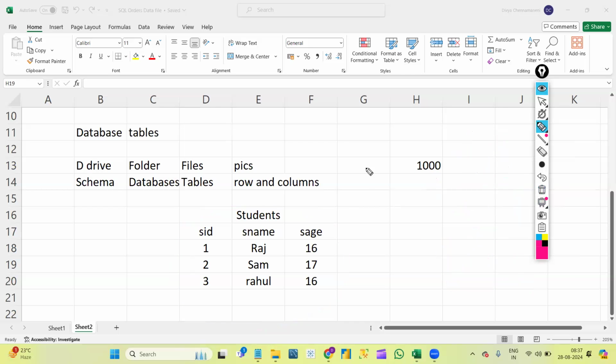Suppose, as you are asking, we are working with big data. In most cases in real time, whenever we join any company, we won't create all the data first. Our clients will give us the data directly. They will give us a file. Suppose my client is using MySQL; they will send us a MySQL file, and in that file all the tables will already be created and all the data inserted.